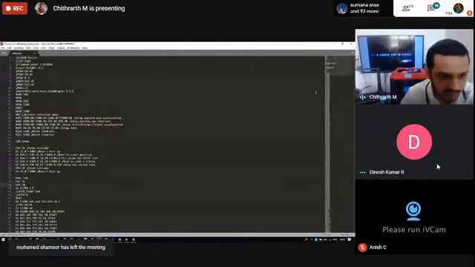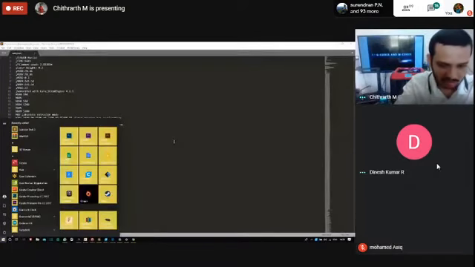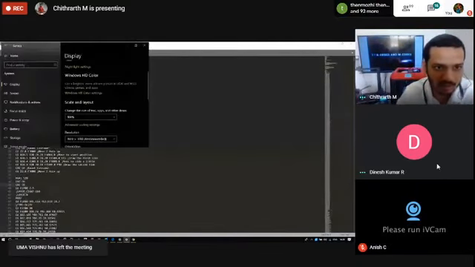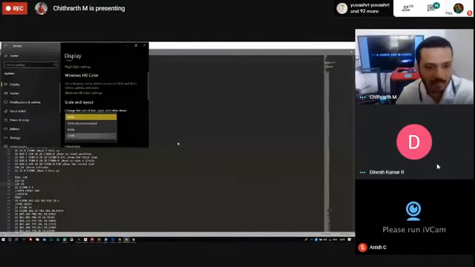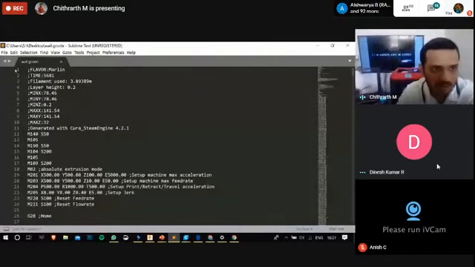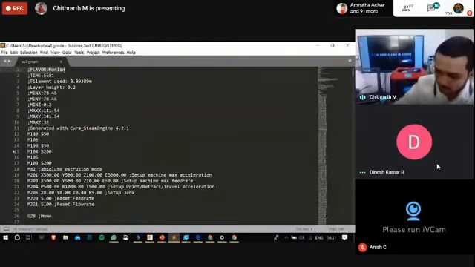Before that, let me quickly change my screen resolution so that you get better display quality, since the text is pretty small. Yeah, I think this should be much better. You can see the left column is the line count, and this is the actual coding part. This is something like the C++ coding most of you would have come across in your first year.